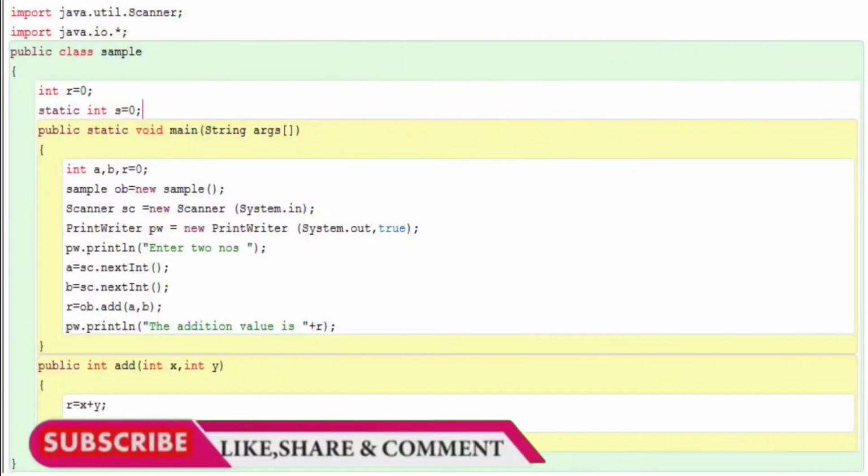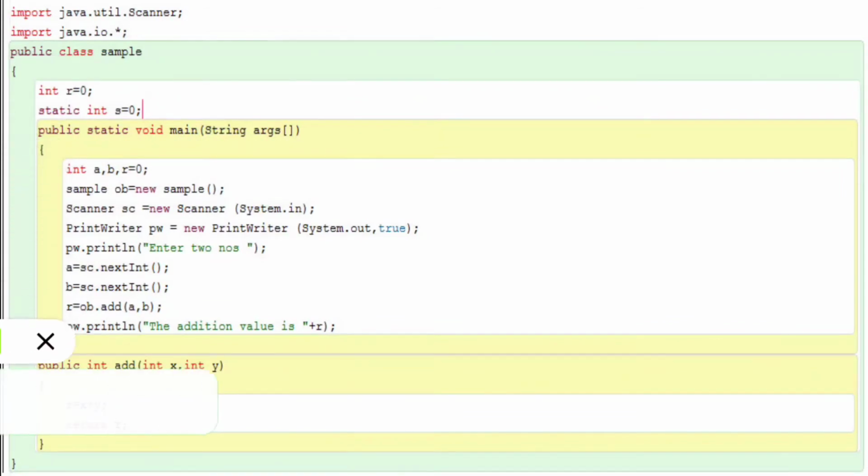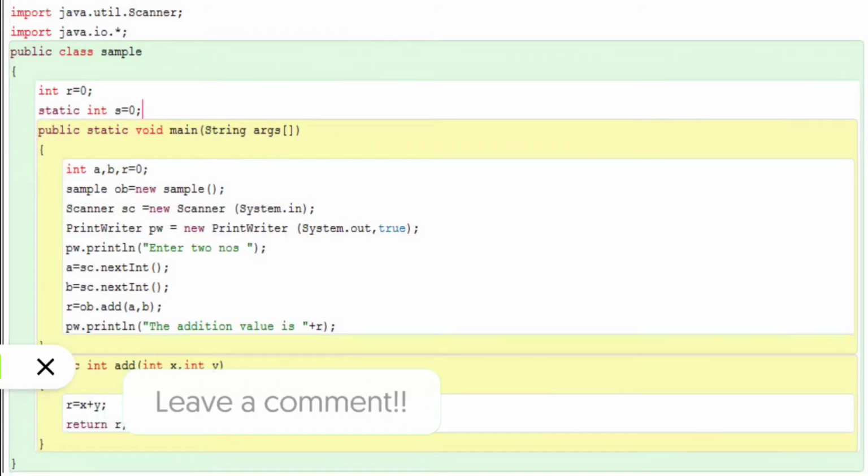Then next, one example is given here showing how we identify which one is an instance variable, which one is a local variable, and which one is a member method. When we declare a variable under the class, this is part of the class variable declarations. Here two variables are declared, r and s.